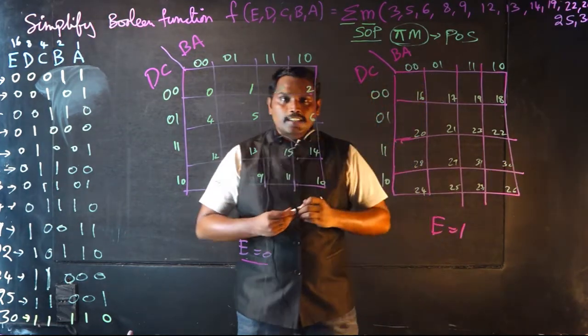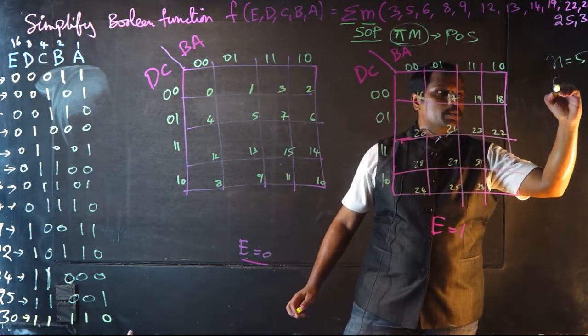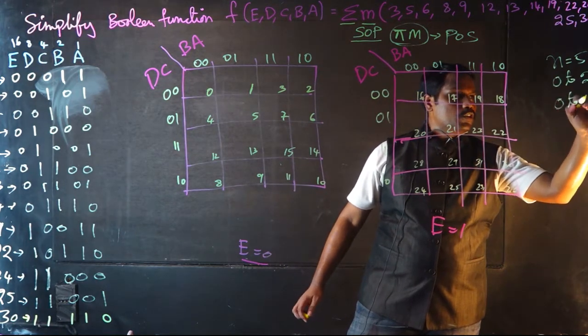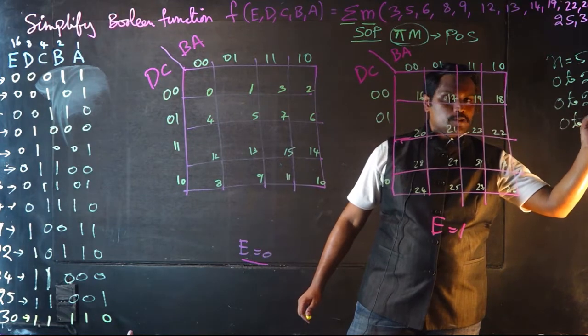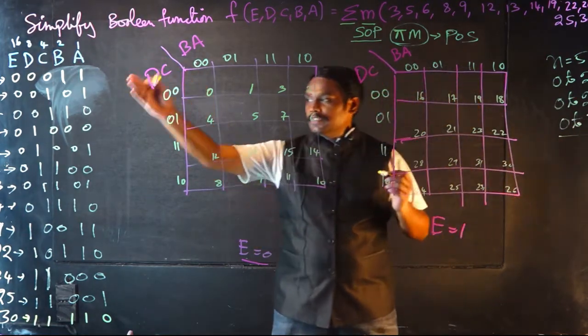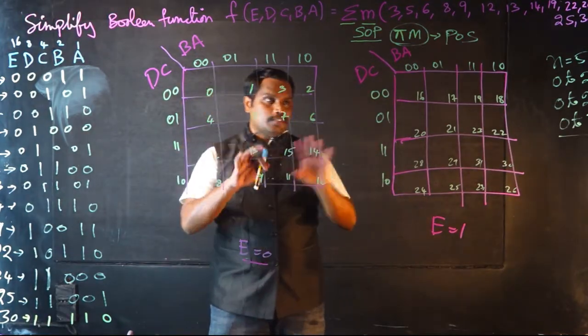So you can see that for the 5 variable Karnaugh map, n is equal to 5. So it will be 0 to 2 power n minus 1, which means 0 to 2 power 5 minus 1. 2 power 5 is 32, 32 minus 1 is 31, so 0 to 31. That is how you are going to represent the binary forms. Now the positions are ready for the Karnaugh map.